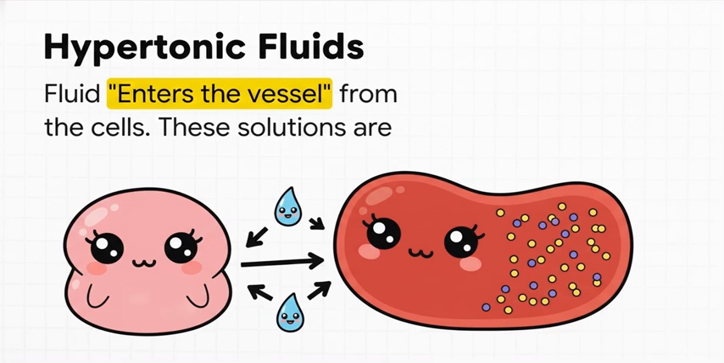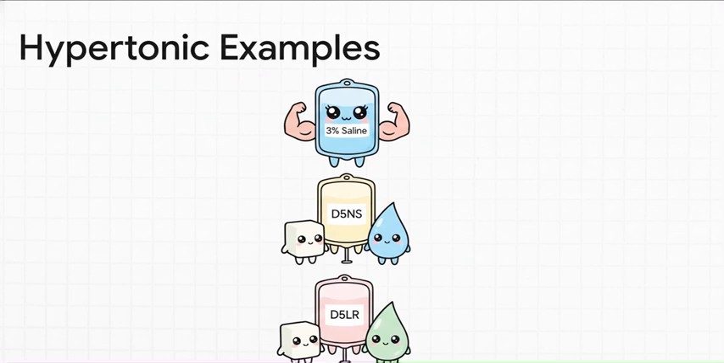These are the complete opposite. Here, the fluid enters the vessel from the cells. These solutions are super concentrated, way more than our blood. You're going to see these mostly in critical care settings. We're talking about things like 3% saline, or D5NS, where we've added dextrose to a normal saline solution, making the